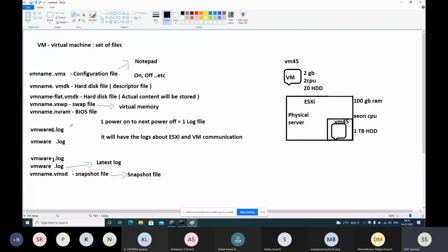Clear about the log files? Okay. Just remember VMware.log is always there. Sometimes you may see VMware32.log also. So it's not mandatory that it should be 0 to 6 all the time for all the VMs. Random numbers count, but sequence is same, bottom to top. Okay. VMware.log is always the latest file.